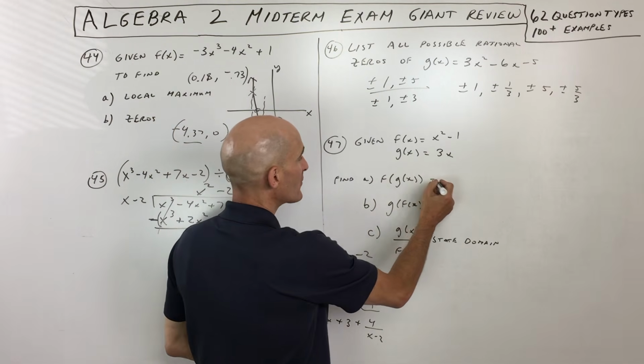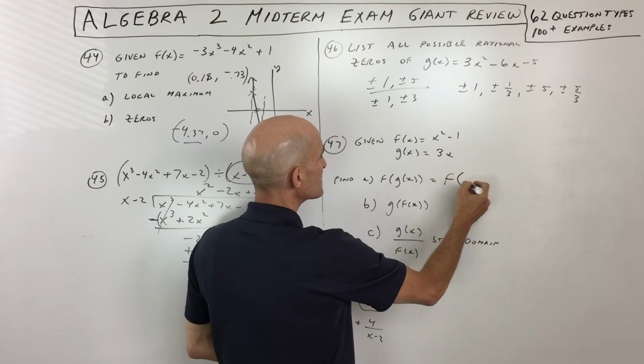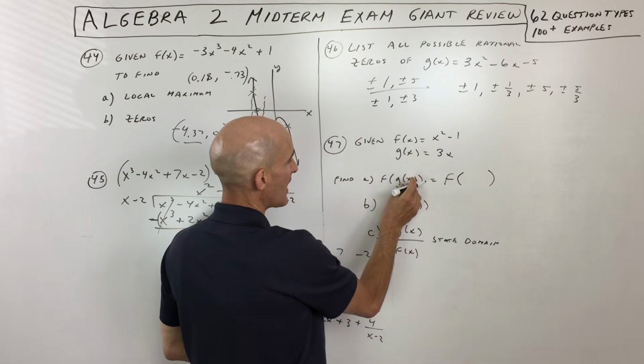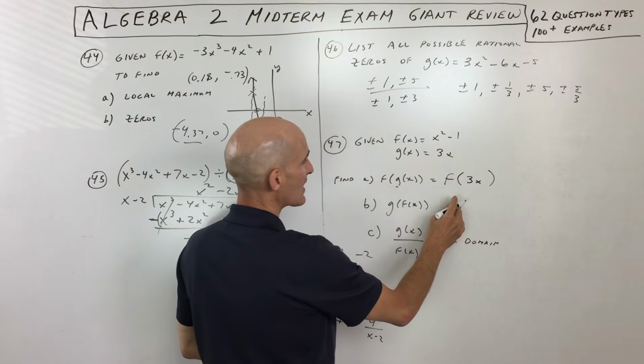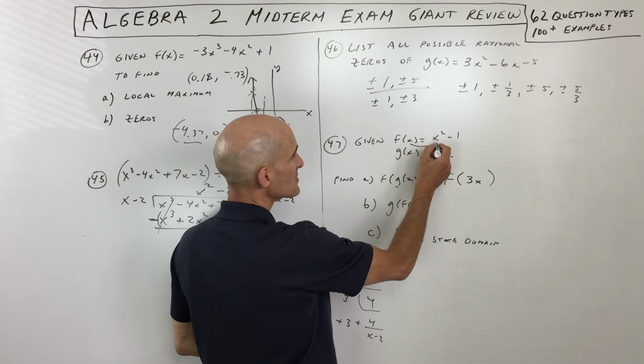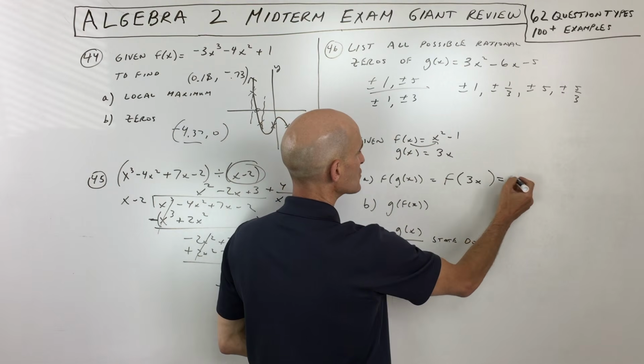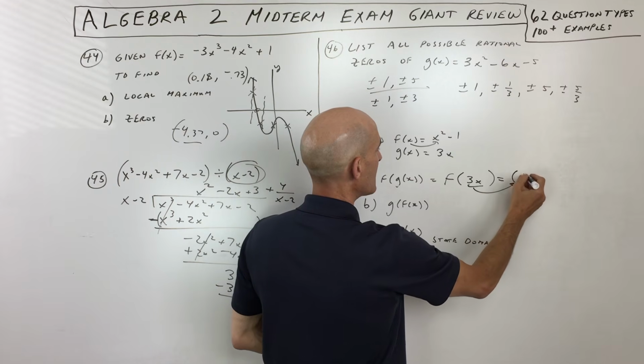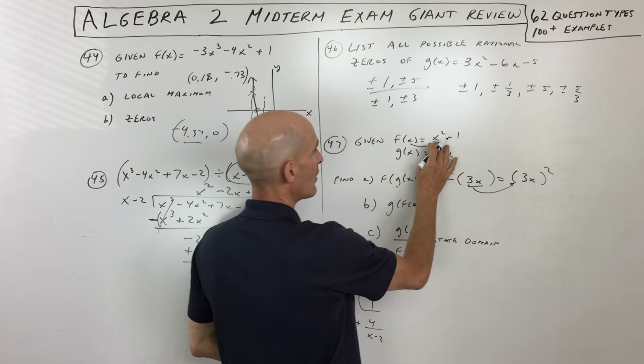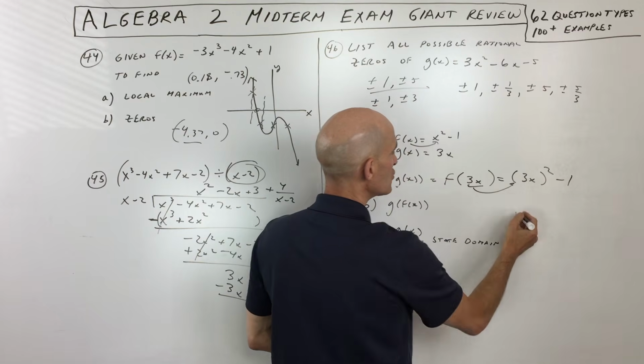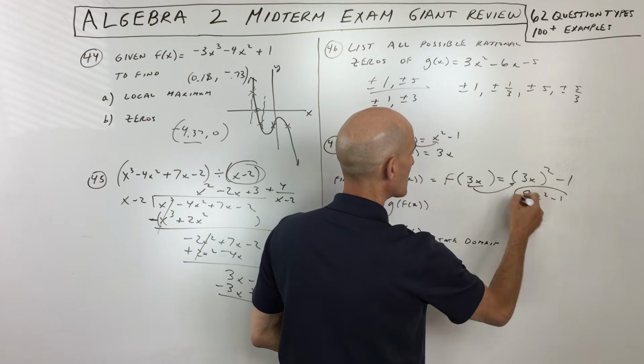What I would do for this one with the composition of functions is I would take this in steps. So g of x equals 3x. I'm going to replace g of x with 3x. Now the way functions works is whatever's in the parentheses goes in for the x on the right. So I'm going to put 3x, this whole thing, in place of where x was, right? So it's a substitution. Then if we simplify, we get 9x squared minus 1.